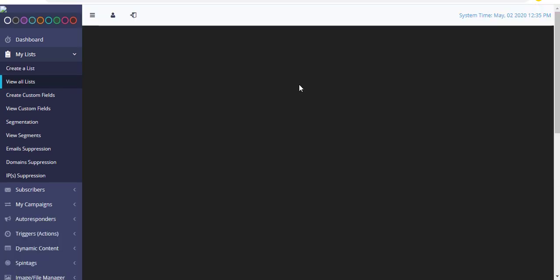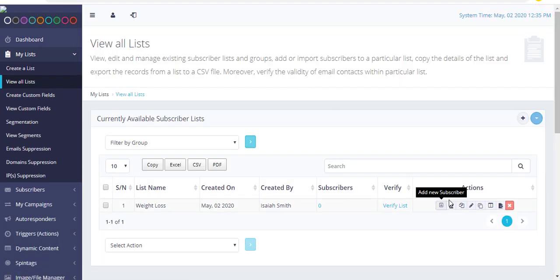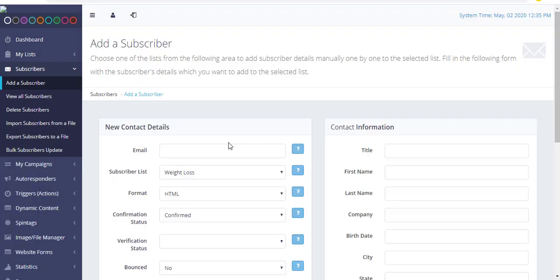And view all list, and we just have to import some text file, or what I can do is I can add manually an email ID.